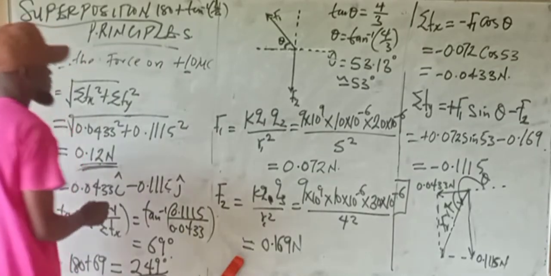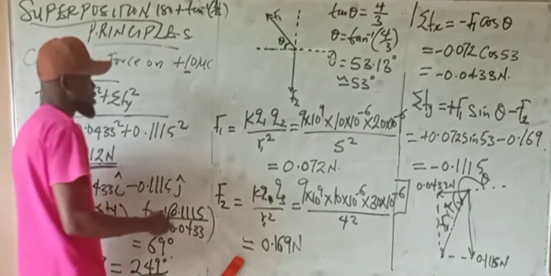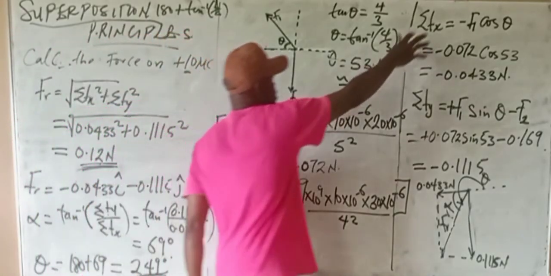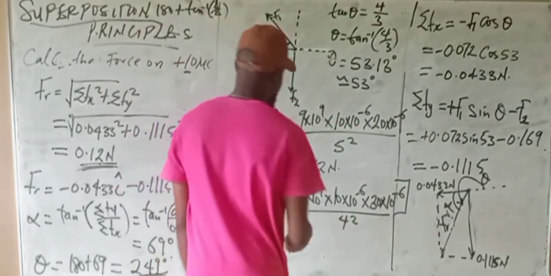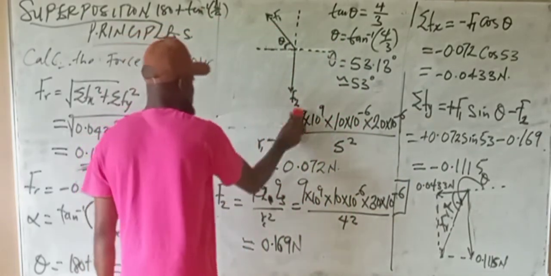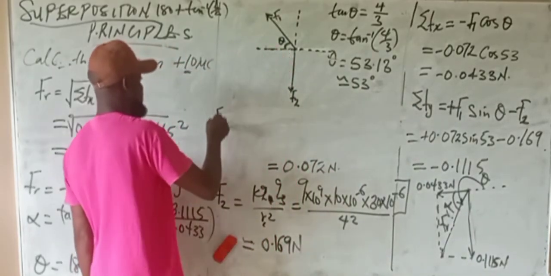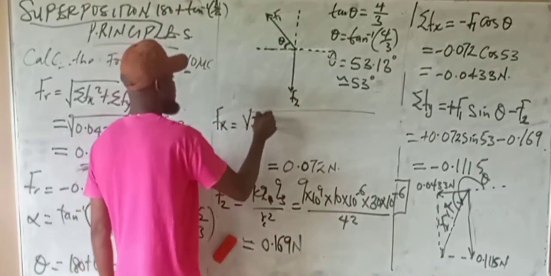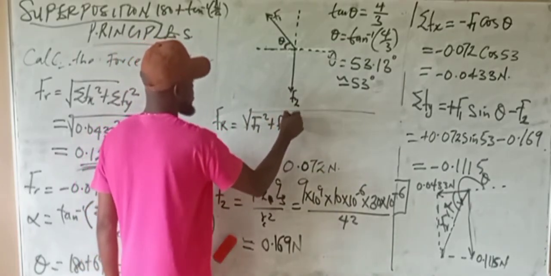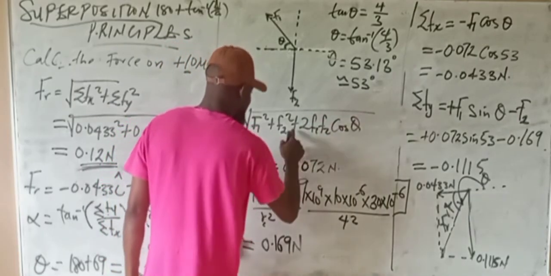Now to get this resultant from the parallelogram law, you have to do it using the parallelogram law. You don't have to follow this, because you should already know this process. Let's not use the parallelogram law. Just use this law: the resultant force will be equal to the square root of F1 squared plus F2 squared plus 2 F1 F2 cos theta. Now this plus here